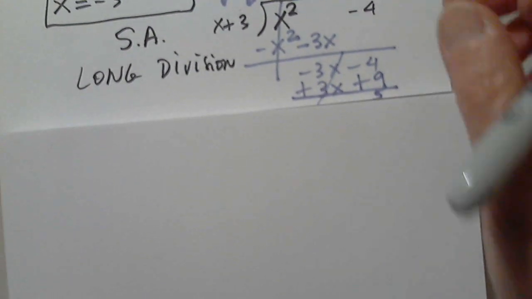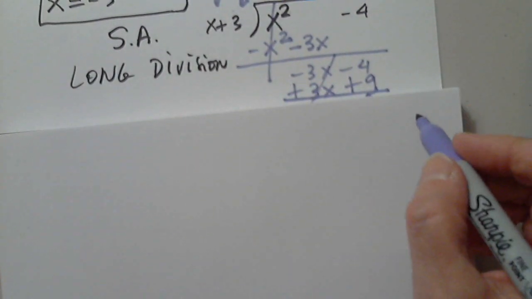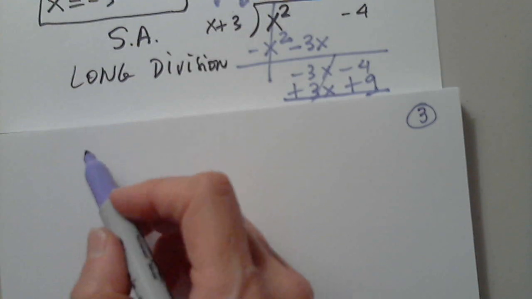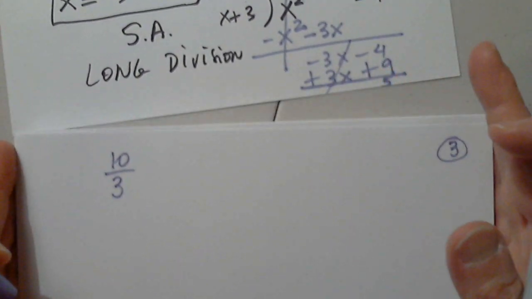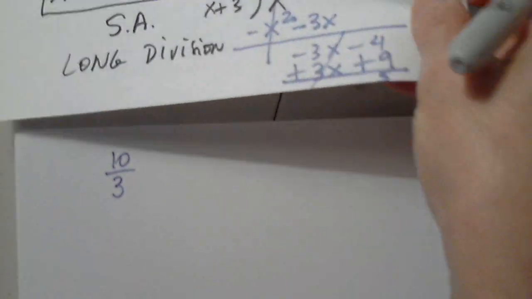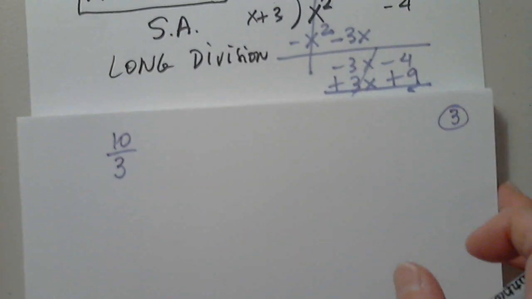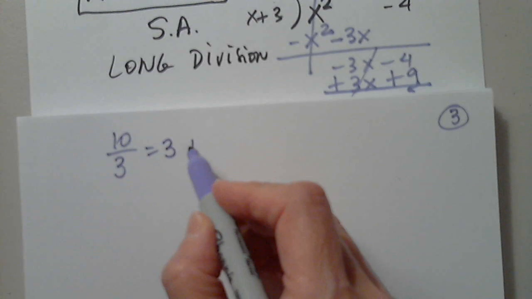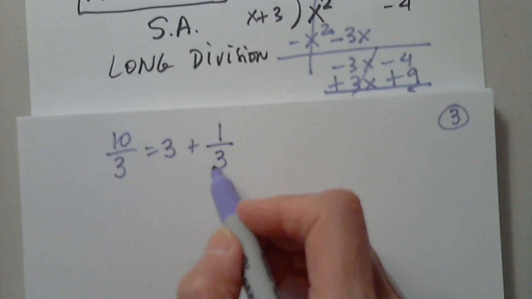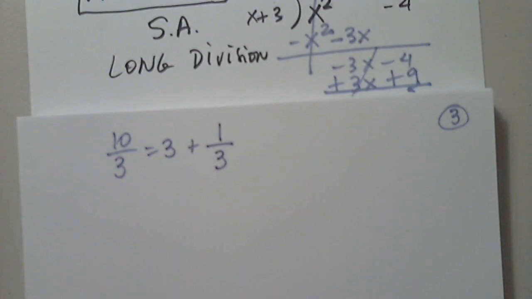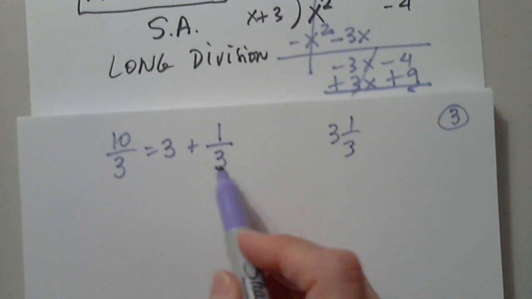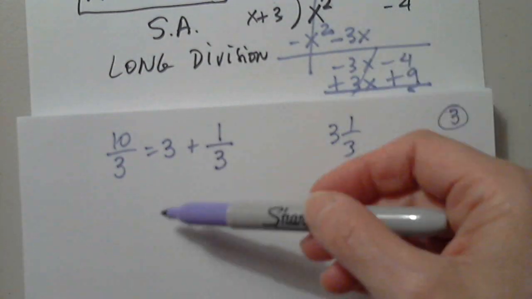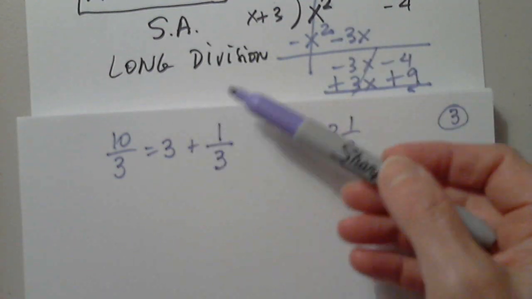Here's how I write it. Exactly like we write 10 divided by 3. How do I write 10 divided by 3? Well, very simple. It's 3 integers plus 1 remainder over 3. You can say that we don't write it like this. We write 3 and 1/3. Correct. The reason I wrote it like this is because this is the only way we can write the answer